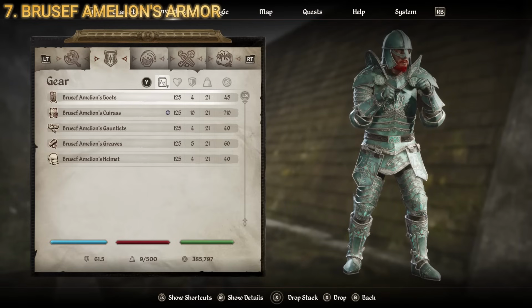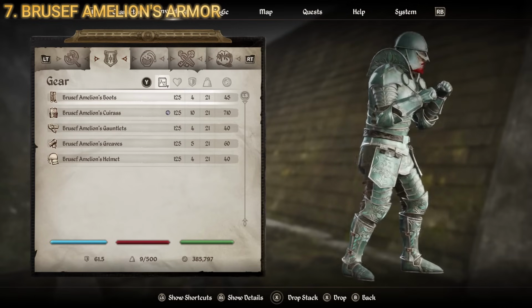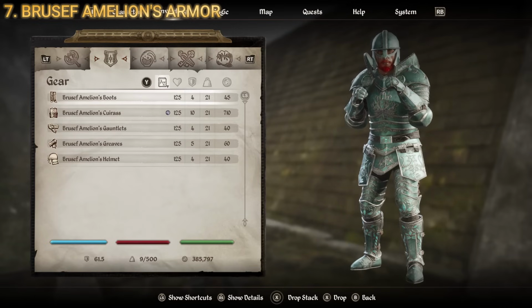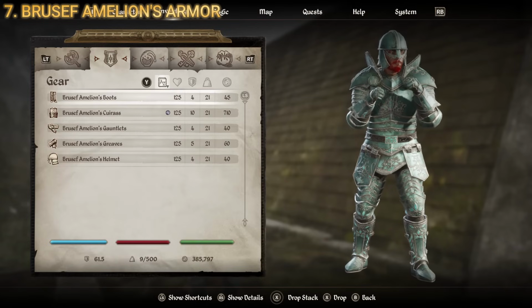So in this quest, you're going to be heading to Brusef Amelion's tomb, which is east of Water's Edge, and the cuirass, greaves, boots, and gauntlets are all in the final burial chamber, and you're allowed to keep them. You just gotta make sure you pay Brusef Amelion with gold instead of returning the artifact. So recovering the armor is going to be part of the quest, and the understanding is that you give it back, but you could just pay for it instead, and that way you get to keep the unique armor, which